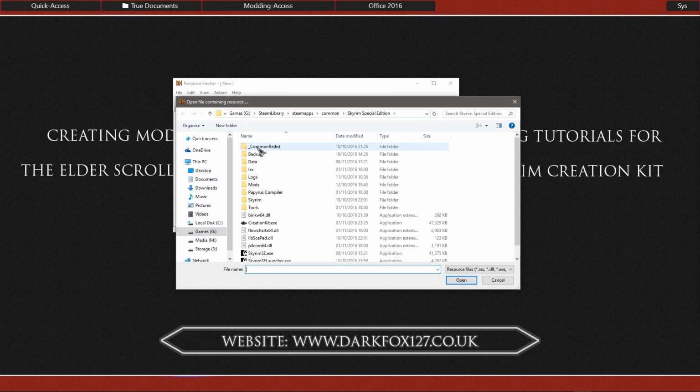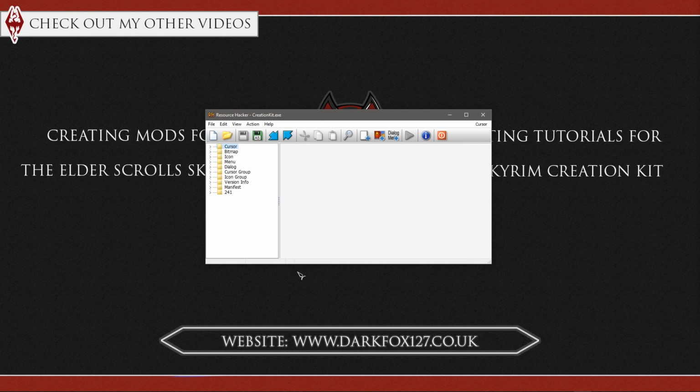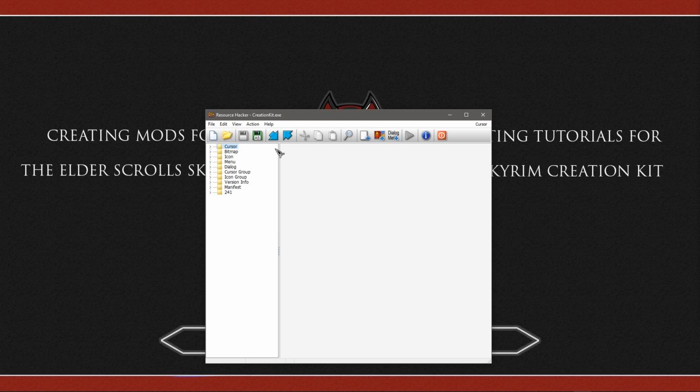So I'm going to hit open here. Now, because the last folder I was in is the exact one where the Creation Kit executable is, it's just directed me there, but you're going to want to make your way to your Skyrim Special Edition folder, your main directory. You should know where that is by now: Steam Library, Steam Apps Common, and such. In my case, it's on my G drive. And you want to click on the executable here, hit open,